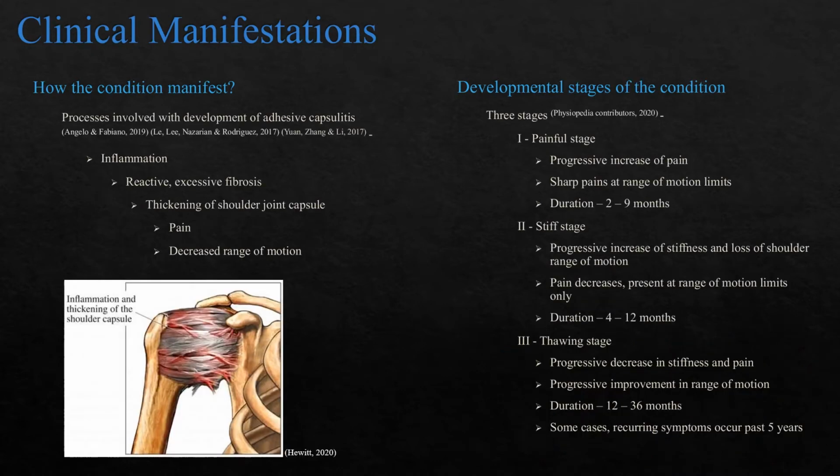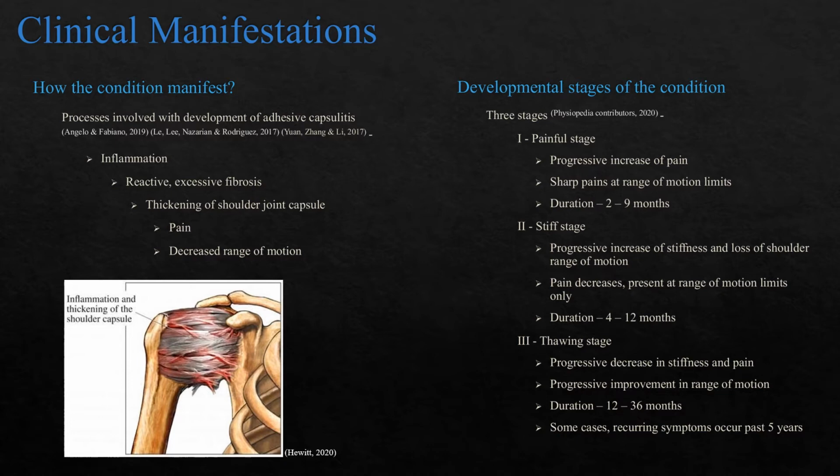With knowing the causation, how does the syndrome develop and cause disability? Although some aspects are still unclear, the clinical manifestations of adhesive capsulitis are caused by interactions of inflammation and fibrosis. An abnormal inflammation response from external stimuli or otherwise will result in reactive fibrosis. If the inflammation response lasts longer than expected, fibrosis will cause formation of adhesions and abnormal thickening of the shoulder joint capsule, leading to the characteristic pain and decreased range of motion symptoms.